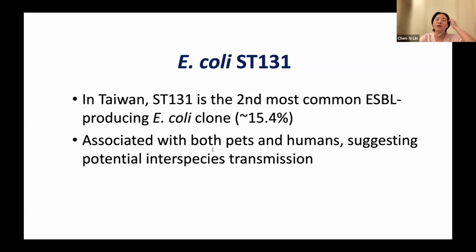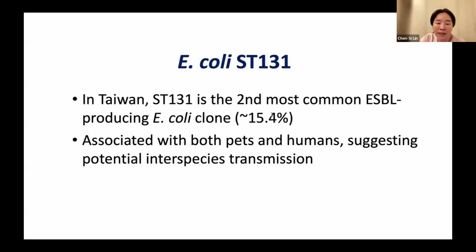So now let's turn our attention to E. coli ST131, one of the most clinically significant clones of E. coli worldwide. In Taiwan, actually, ST131 has been identified as the second most common ESBL-producing clone, accounting for roughly 15.4% of isolates in dogs and cats. This is particularly concerning because ST131 is well recognized in human medicine as a major driver of multi-drug resistance, especially resistance to fluoroquinolones and third-generation